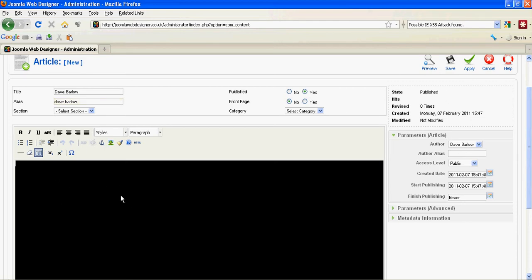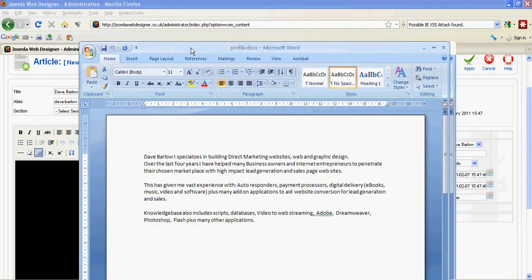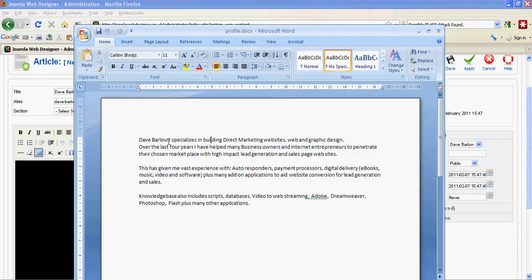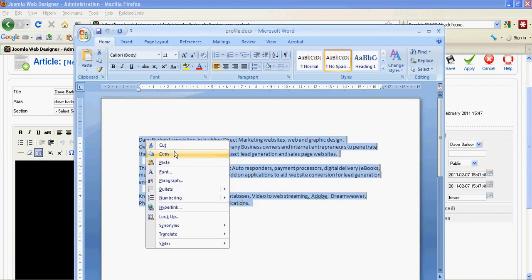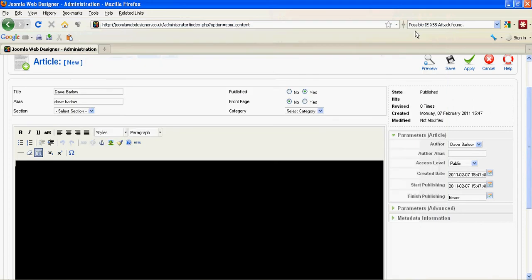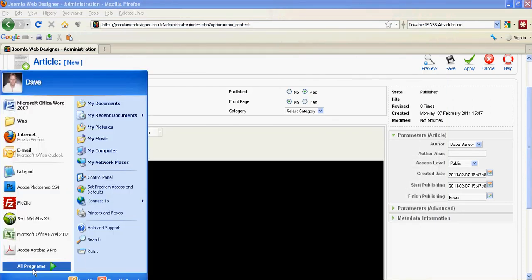Now at this point I'm going to stop just a second, because a lot of people will type in what they want to say, all their text, in a Microsoft Word document first. If you've got a Microsoft Word document, rather like this one here, which I want to put in here, you can't just copy and paste from a Word document. It causes all sorts of problems. So instead of doing that, we just copy everything from the Word document,